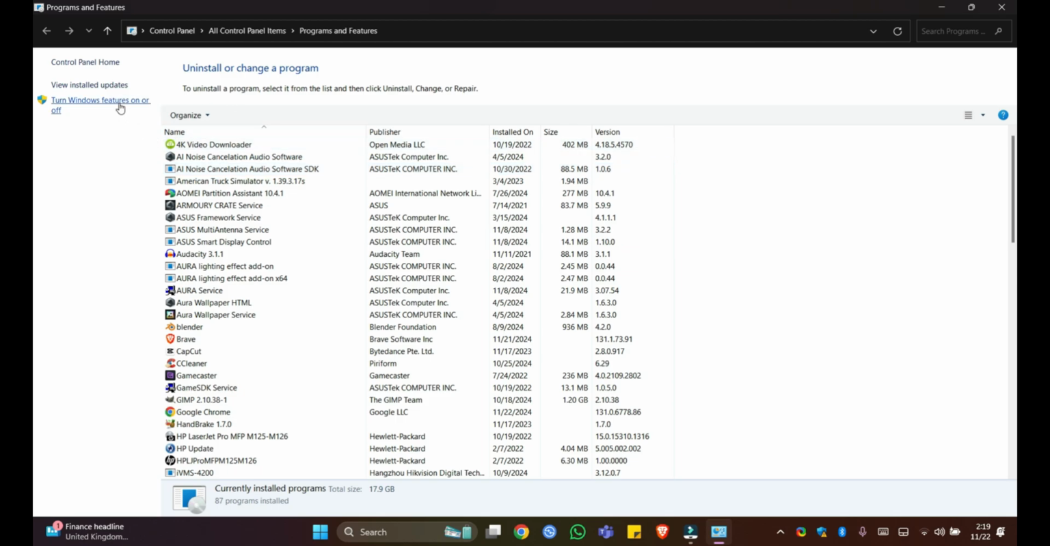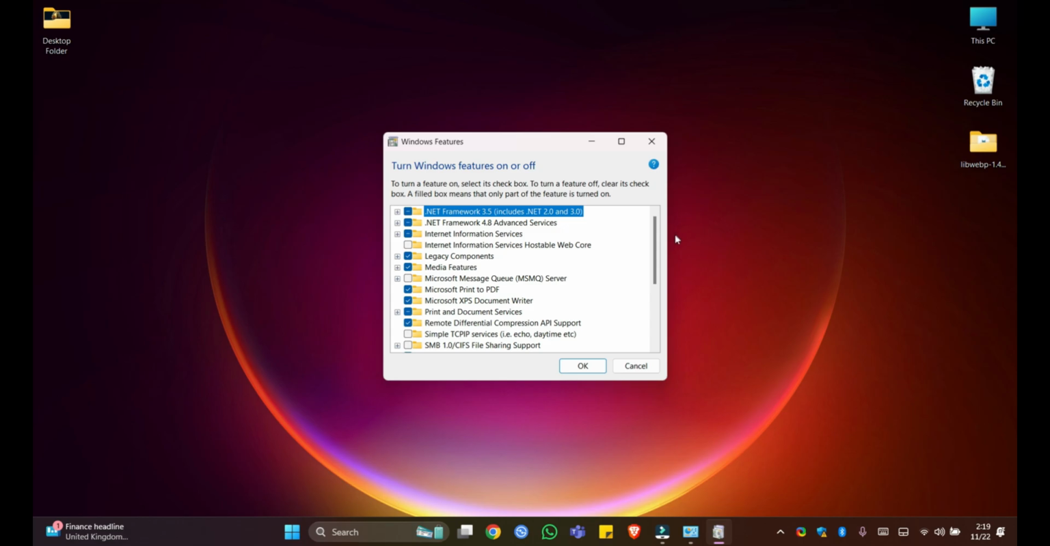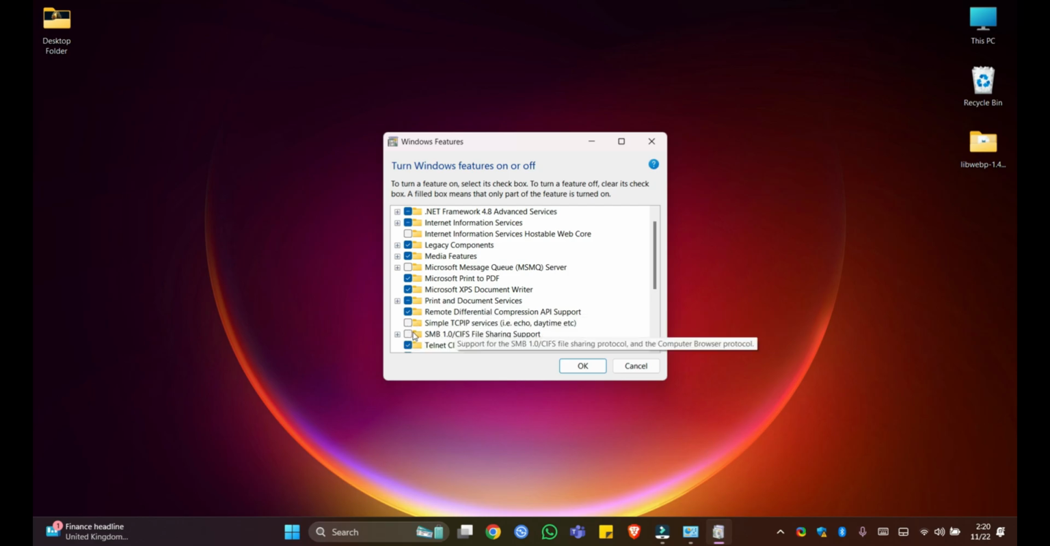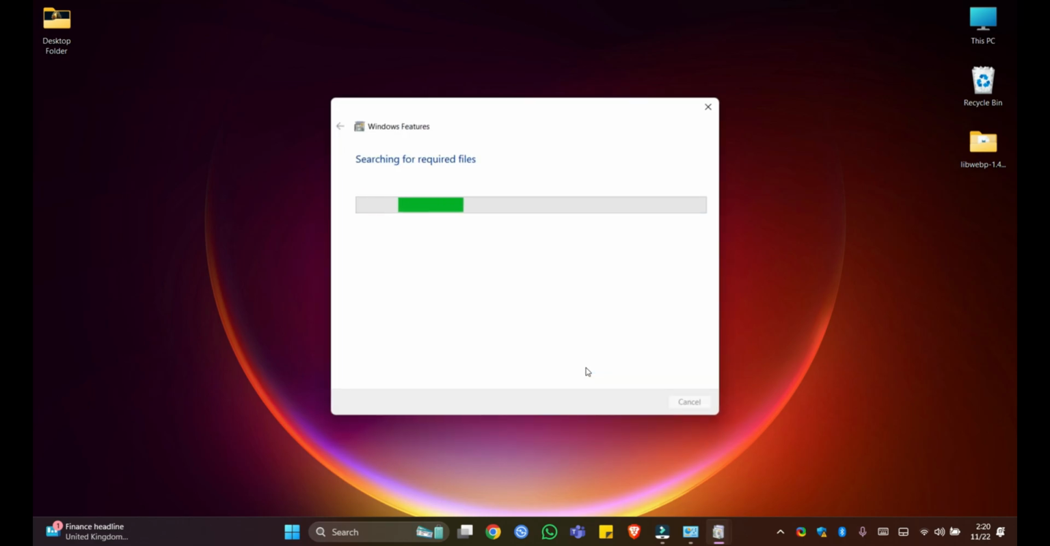On the left pane, you can find Turn Windows features on or off. Click on that, and once you click on that, the Windows Features dialog box will open. Here you can find a lot of optional features. Locate SMB 1.0 CIFS File Sharing Support, and then click on the checkbox next to it to enable it and click